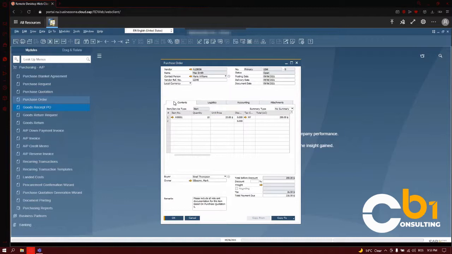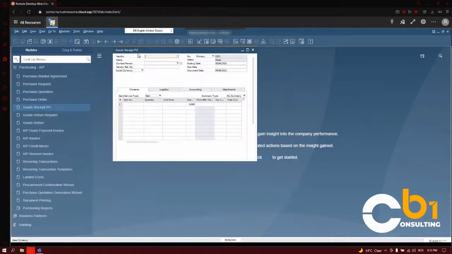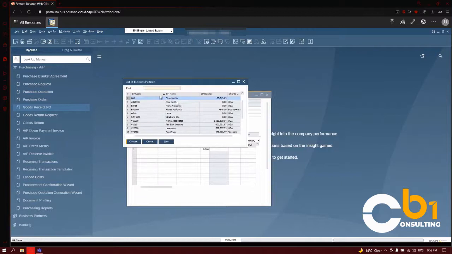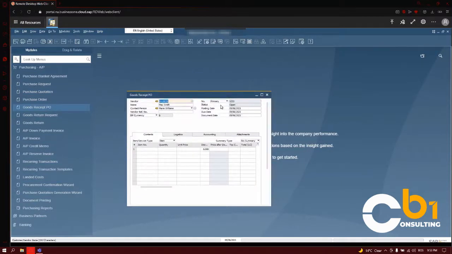Now, if my purchase order was for goods which are going to be received into my warehouse, like this item for example, the next step would be to create a goods receipt PO as the goods are received into the warehouse. So I'm going to go into goods receipt PO, select the same vendor that I used for my purchase order, so Max Smith, input the reference number,